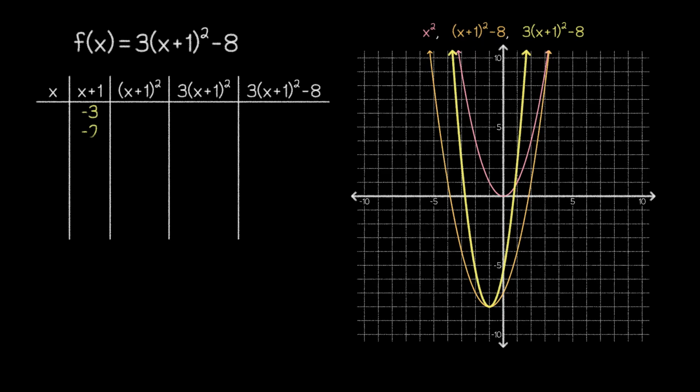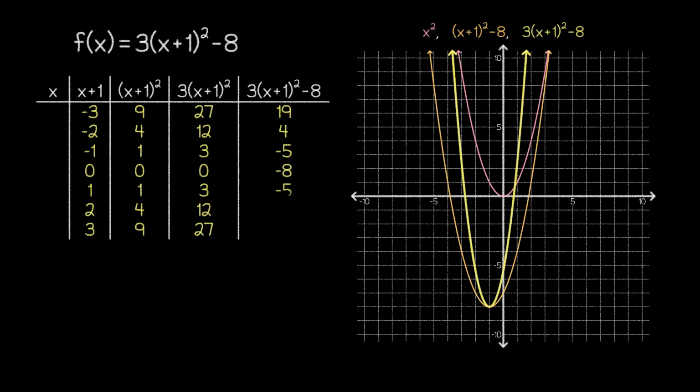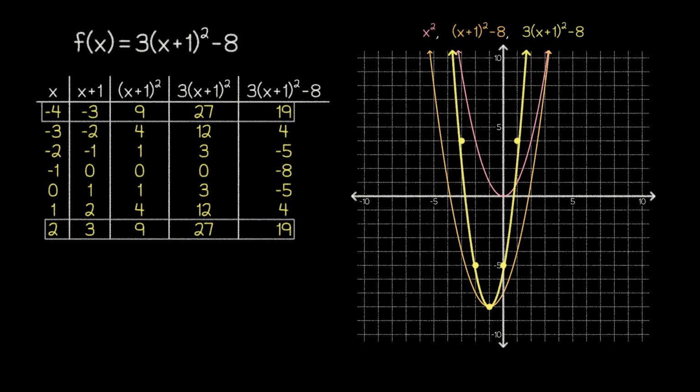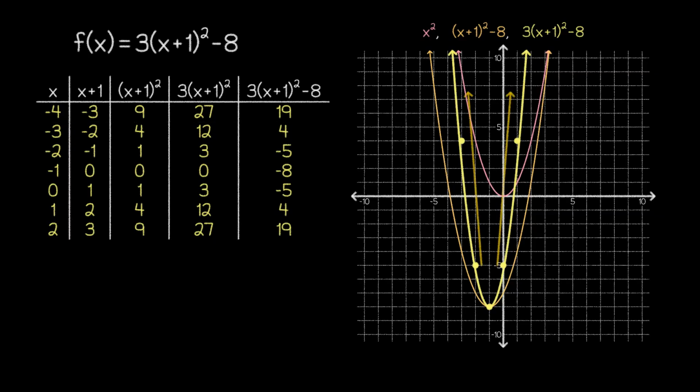From there, let's find some points on the actual graph by filling out our extended table of values. We can once again fill in our 7 key values just before the squaring step. Then, after we complete the table in both directions, we can plot our key points, or at least most of them. The points that correspond with our key values of 3 and -3 will be well off of the graphing area, but at least that gives us an idea of how quickly this graph increases as we move away from